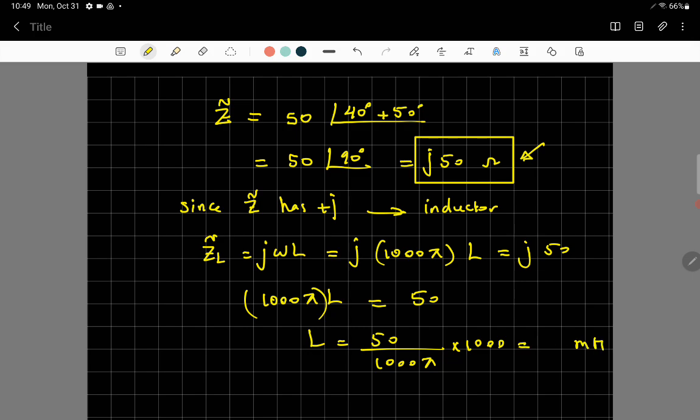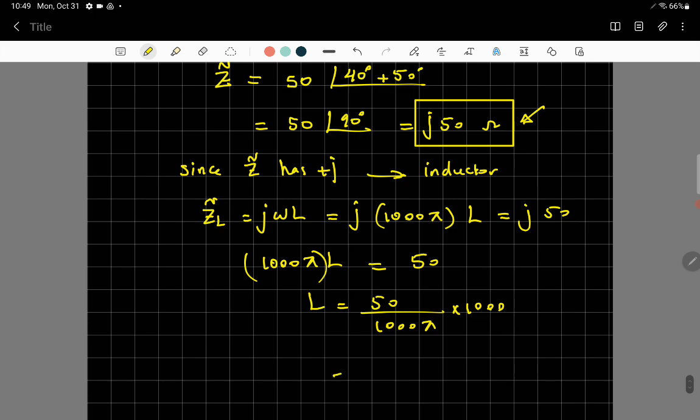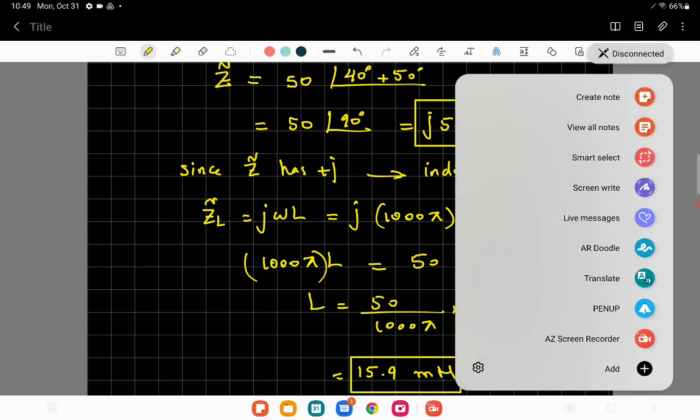Doing this fast calculation, we get 15.9. Yeah, there's no space. So it'll be equal to 15.9 millihenry. That would be the answer, right? That's it. And you're going to have in-class practice today in your